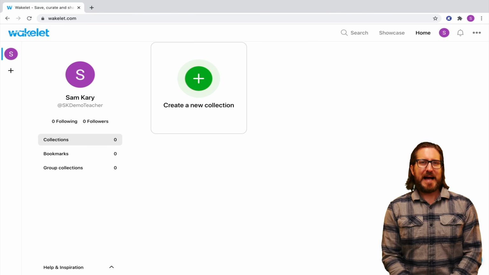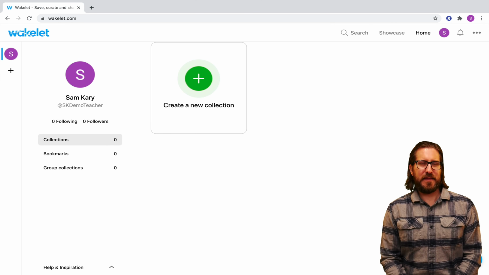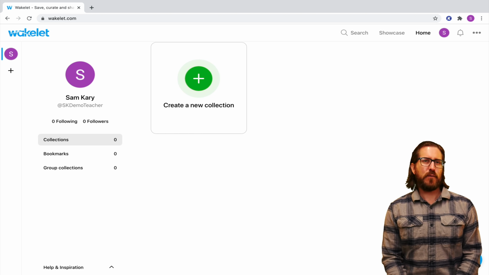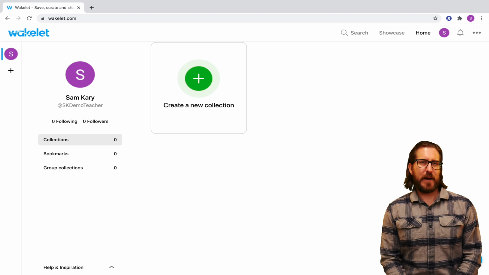The last top tech tool in 2021 that I want to show you is Wakelet, a free digital bulletin board. Wakelet is a highly versatile tool with a wide range of uses, from teacher-created collections of mixed media content for lesson plans or professional development, to student digital portfolios or collaborative research projects. Think of Wakelet as the educational version of Pinterest. I'll show you here what it would look like to build a lesson in Wakelet so you can get a sense of how it works.